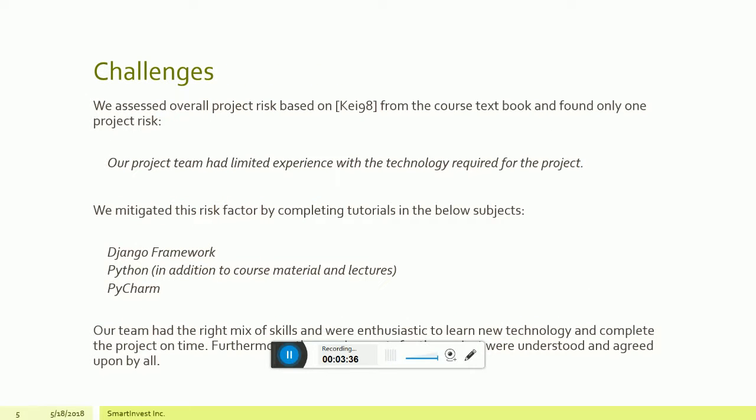We assessed project risk and found only one risk or challenge, and that was that our project team had limited experience with the technology required for the project. We mitigated this risk factor by completing tutorials in the below subjects: Django framework, Python, in addition to course material